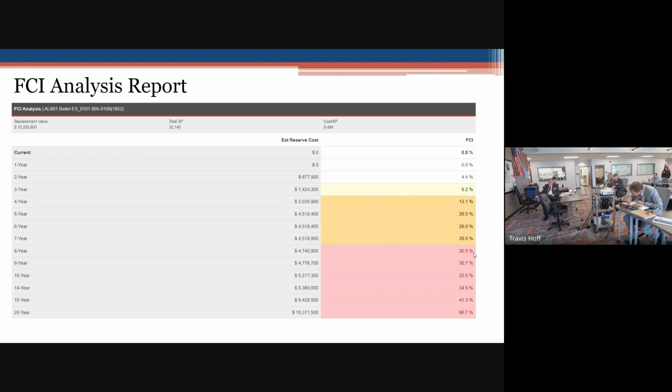And it also projects out the inflation for those costs going into the future as well. If you look at the top of the page, you'll notice that it talks about the building's particular replacement value,